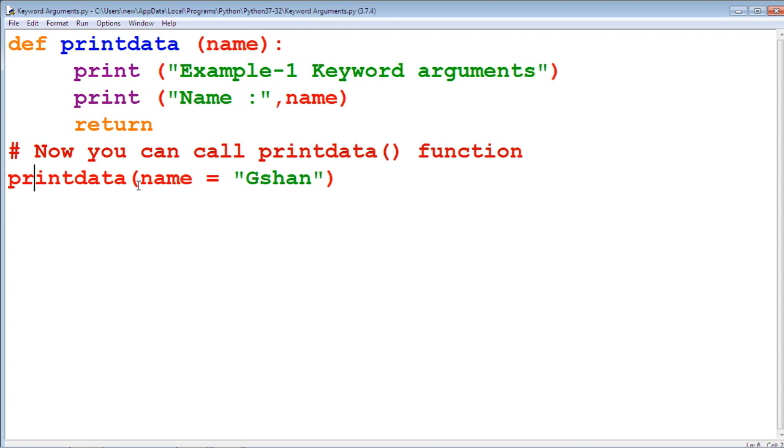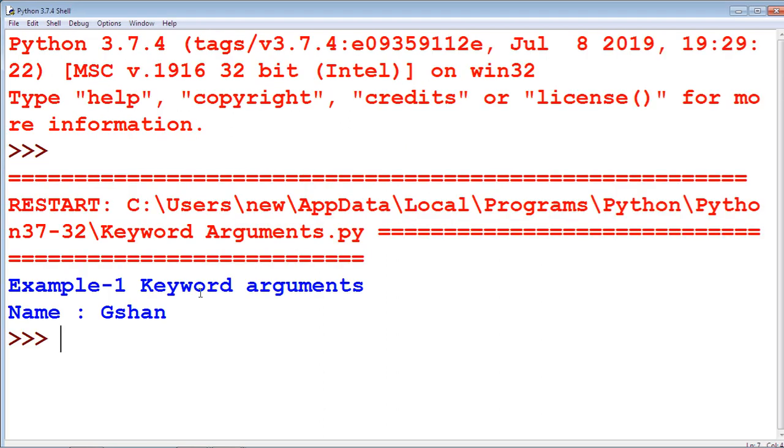In the calling section, the name contains the value Zishan. This value is passed through this name, and we get the result. Run this program by using run module. Now: example 1 keyword arguments, name Zishan.